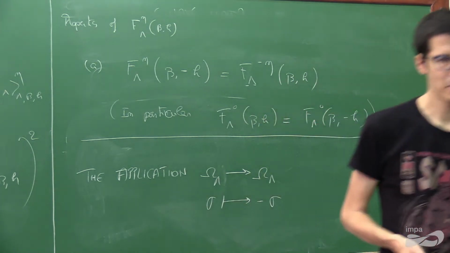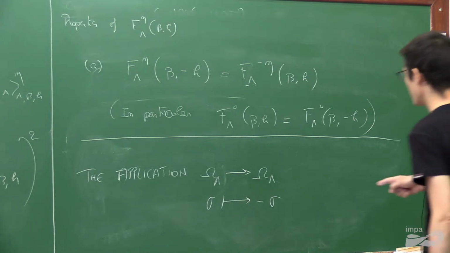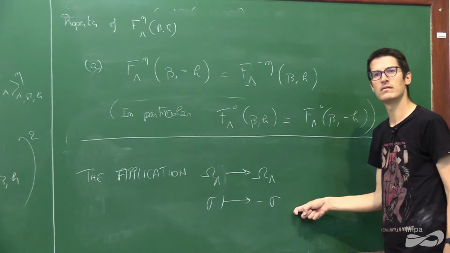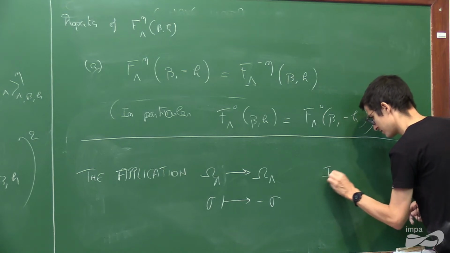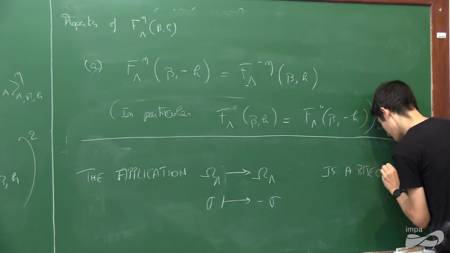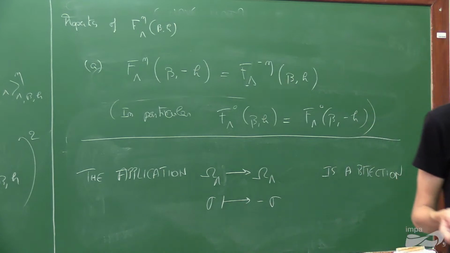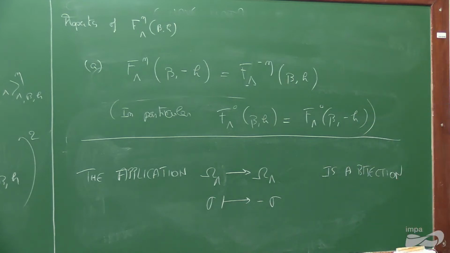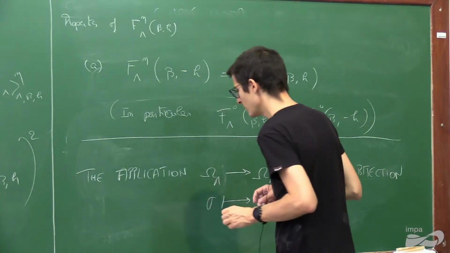So if you look at the application which to sigma associates minus sigma, well, it is a bijection. Minus sigma is just a configuration for which at x you attribute the value minus sigma x. So this is a bijection, so therefore what you have is that